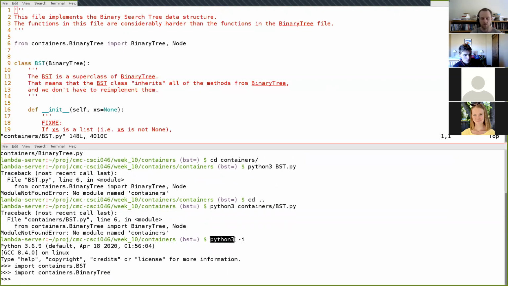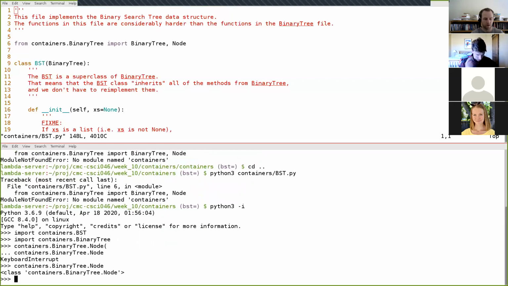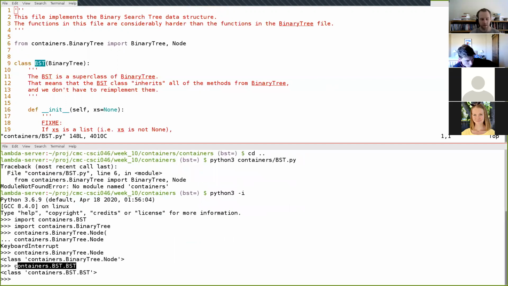Once you've started Python like this, then you can import these files, and then you can do containers.binarytree, say getting the node class, like that, or you can do containers.bst, and then inside of the bst file, there's a bst class, containers.bst.bst, like this, to get access to the bst class.